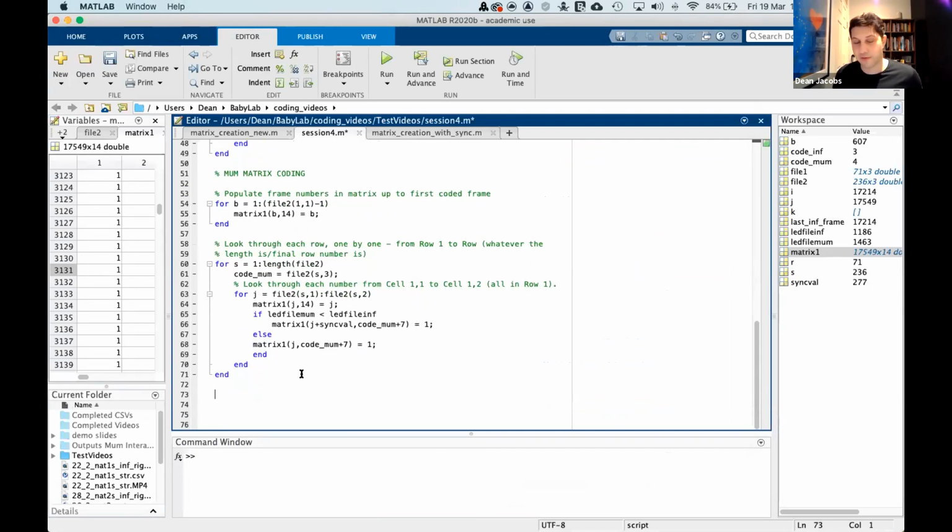So we need to do it separately for the mum and the infant first. So what we're going to do is